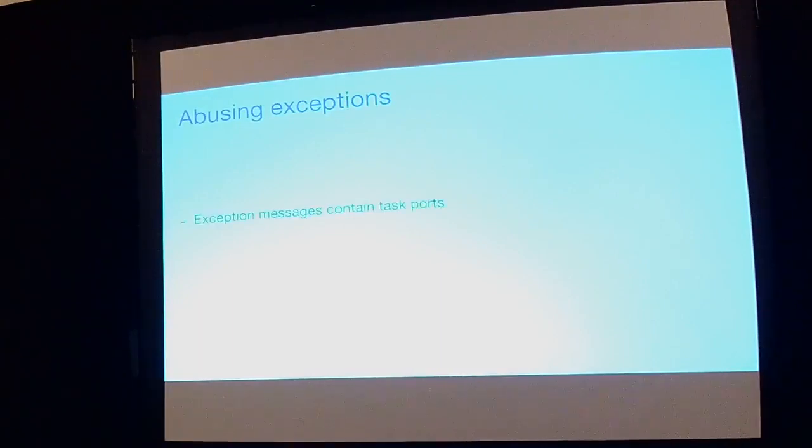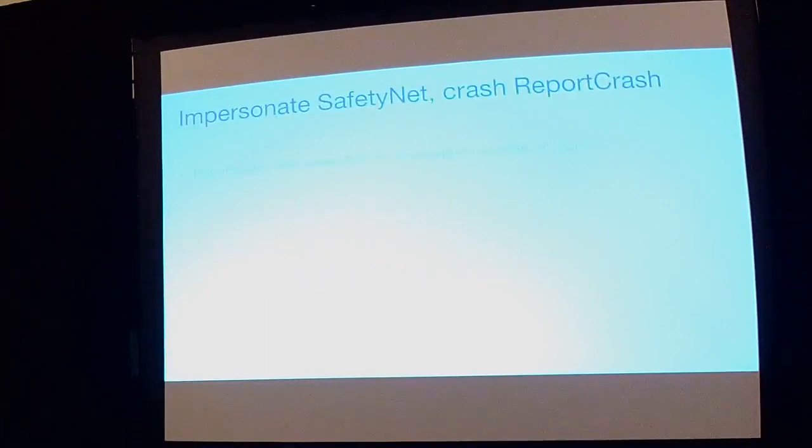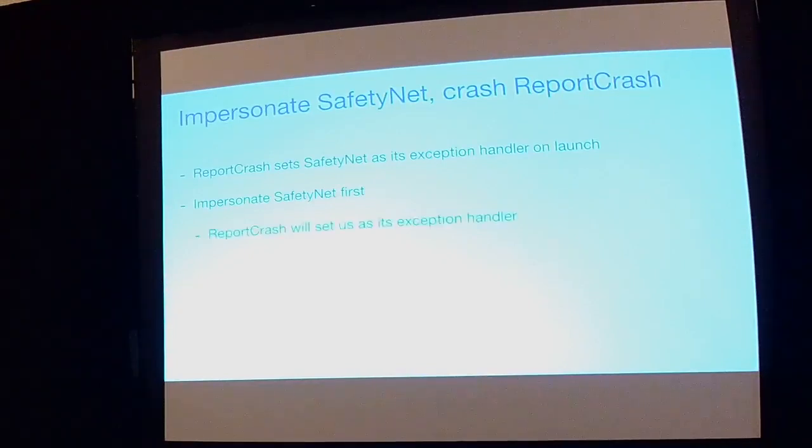See, exception messages contain task ports, and ReportCrash itself is unsandboxed and runs as root. So why not impersonate SafetyNet and then trigger a crash in ReportCrash? See, ReportCrash sets SafetyNet as its exception handler on launch. So if we can impersonate SafetyNet first, before ReportCrash actually starts up, then launchd is going to tell ReportCrash that we are SafetyNet, and so ReportCrash is going to set us as its exception handler